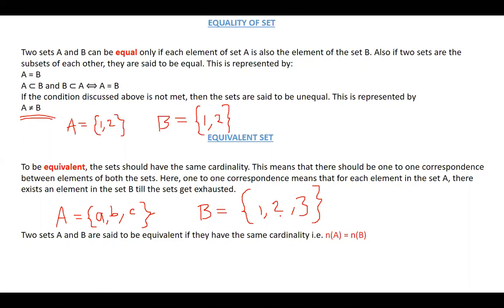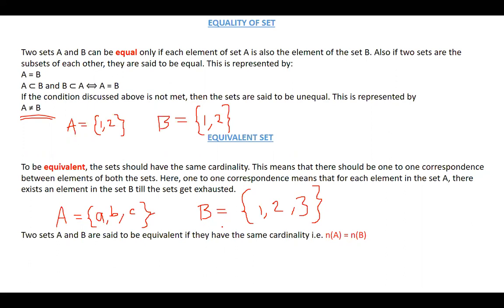So these two sets are not equal, but they are equivalent. When we talk about equivalent sets, we're just talking about the number of elements in those given sets. So since the number of elements in set A is the same as the number of elements in set B,